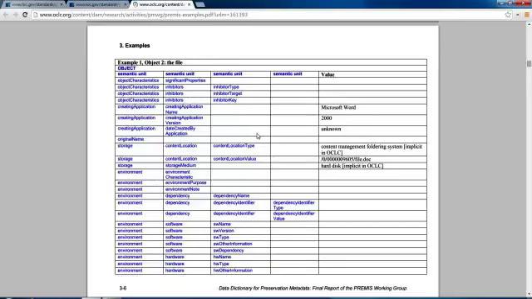Alright, I think that pretty much sums it up. So it's a great system. It's very thorough, and I'm